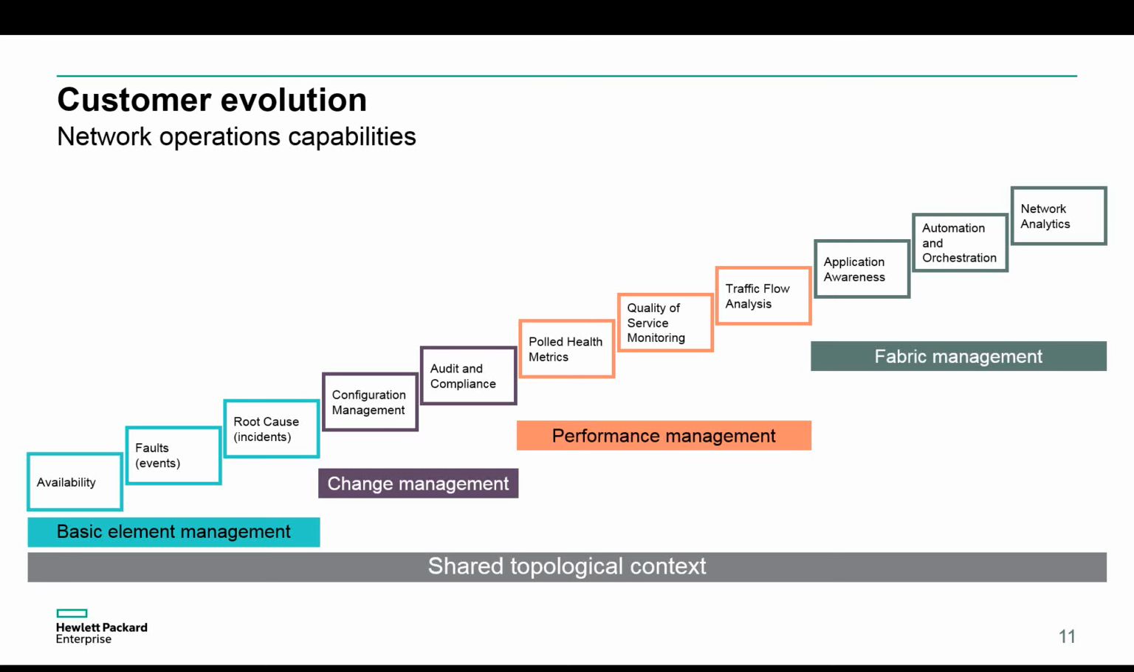Traffic flow analysis is key to being able to understand the application traffic that's flowing across our network: where it's flowing, who's talking, what they're talking about, and gaining that visibility edge to edge for traffic flows that are traversing the network. So that forms the basis for a more advanced set of capabilities that we're characterizing as fabric